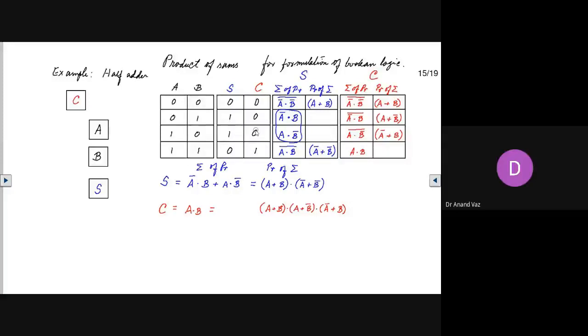So this is an example of the product of sums. Now you may ask when to use which method, and you can see for yourself that it is very convenient for us depending upon the number of ones in the output.